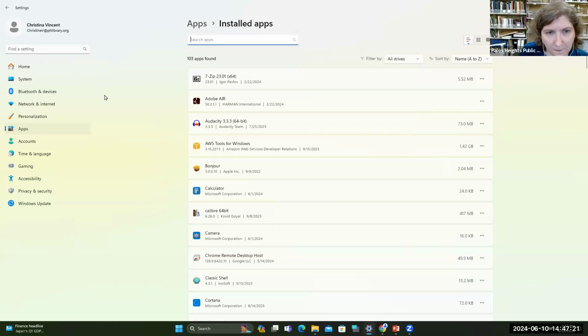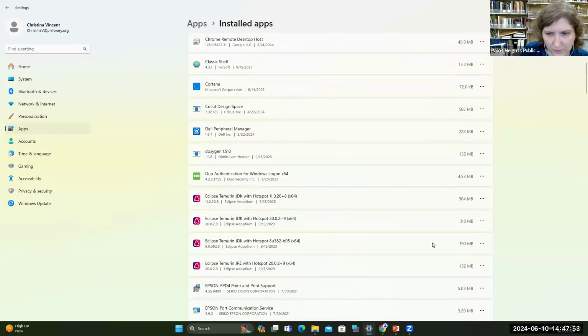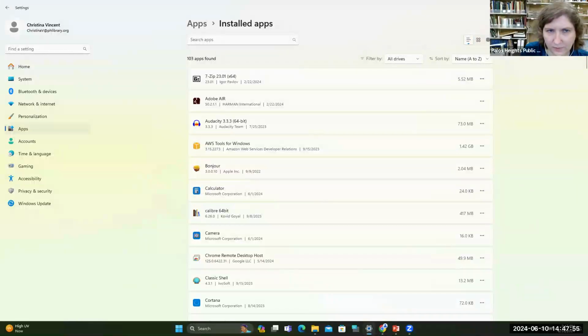And here is also where, if you know there is an app you're not going to be using anymore, so let's say, just for example, this one, you can click on these three dots here, and it'll give you the option to uninstall the app. And again, it will ask, are you sure you want to uninstall? Then you can click yes or no, and it will uninstall that app from your device. And here you can also see how much space the app is taking up on your device, so you can just scroll through all of this. So that's where you can find how to uninstall apps.